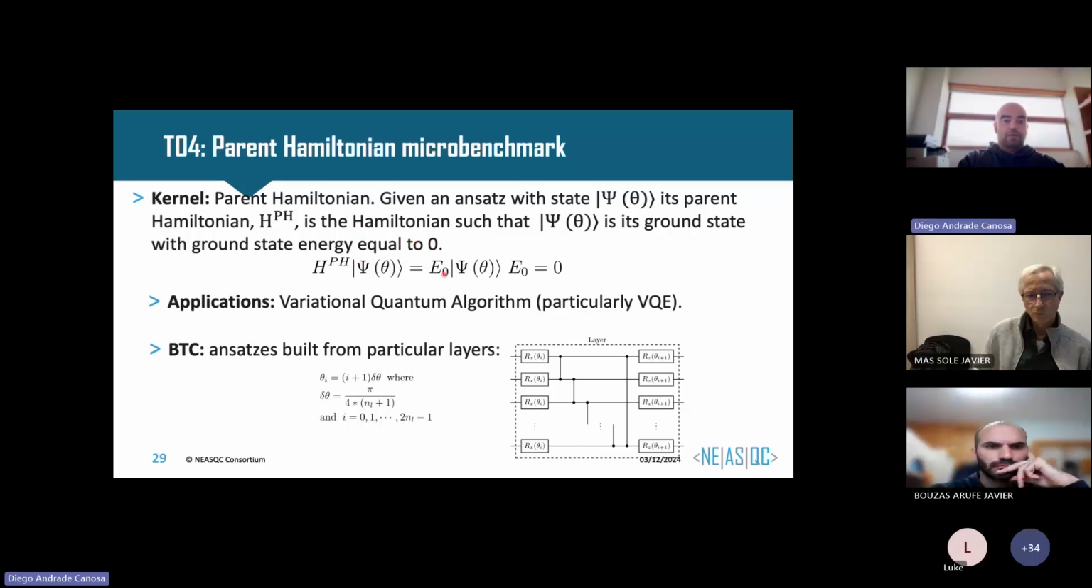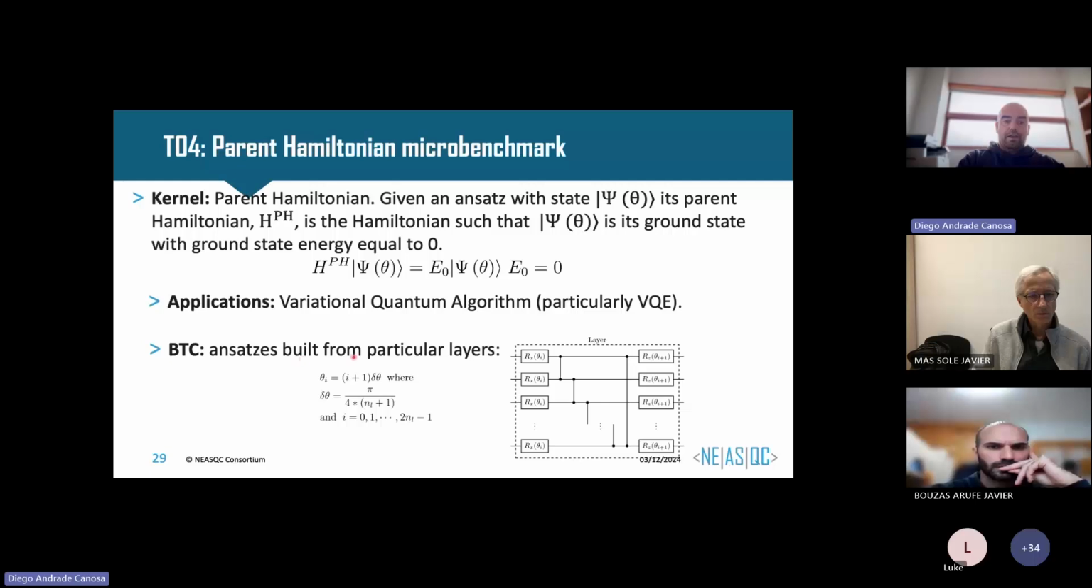Okay, so you can see here the formulation. We have this state prepared by the ansatz, and with this state, there is a parent Hamiltonian that we can produce algorithmically and whose expectation value for the energy is equal to 0. This has many applications, obviously, in variational quantum algorithms. For instance, in VQE, in our benchmark test case, we are going to use an ansatz with a very